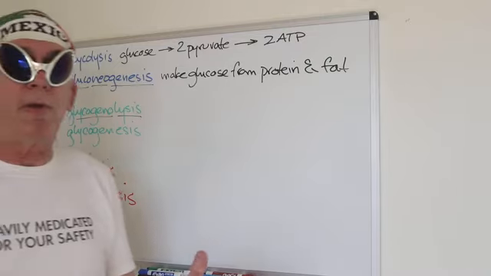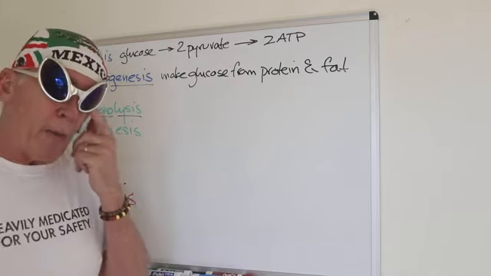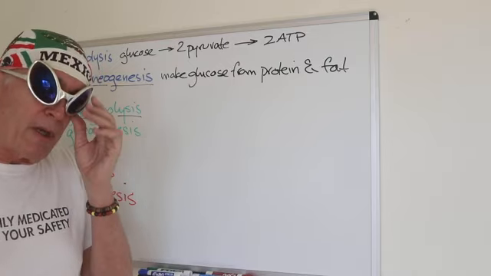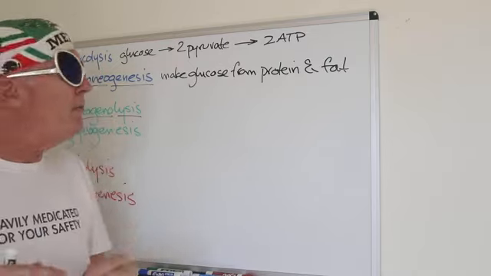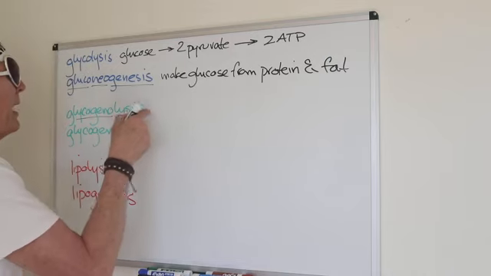Well, what is glycogen? Glycogen is a storage molecule. Remember, that's how animals store glucose. It looks like a big tumbleweed. And what's it made out of? What's the tumbleweed made out of? It's made out of molecules of glucose. That's what glycogen is. So we're going to take glycogen